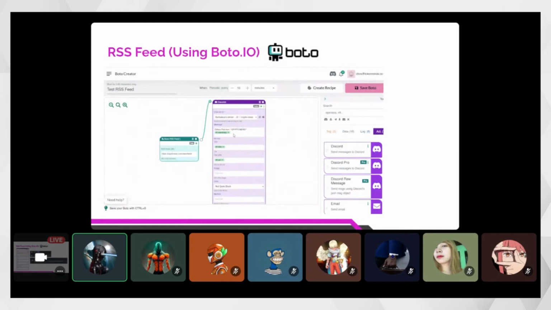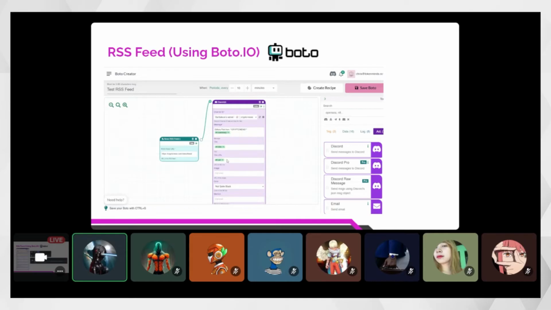For example, here I put some text templates like, every time it will message the server, editor speak from crypto news. And then this is a command that is used in Boto. You can just type the hashtag and you will see the commands in Boto. Just type here summary to see the summary of the news in the body of the message. And then here, this is the title. If you use this command, it will just show the title coming in from the RSS feed.